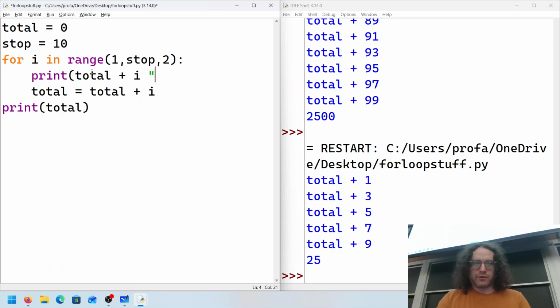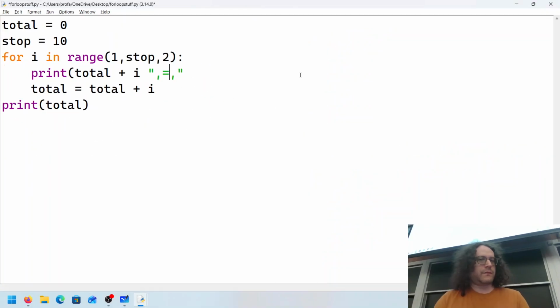Total plus I is equal to, oh, this is a pain to write. Total plus I is equal to